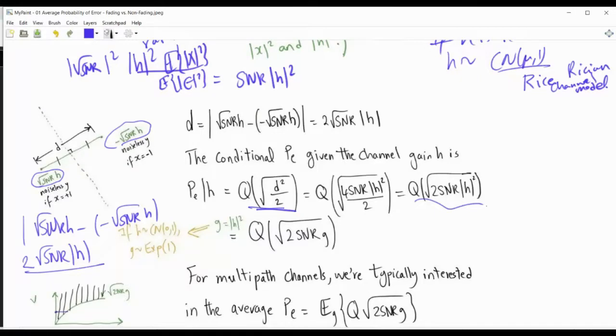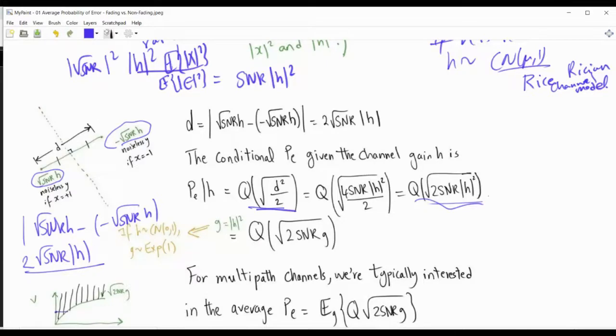So we're typically interested in the average performance, because this magnitude of H, over some short period of time, this magnitude H squared may be high, at some other period it may be low, and so on. So on average, you need basically to take this thing and do the expectation. Okay, and then there was a nice question during the previous lecture, which is,